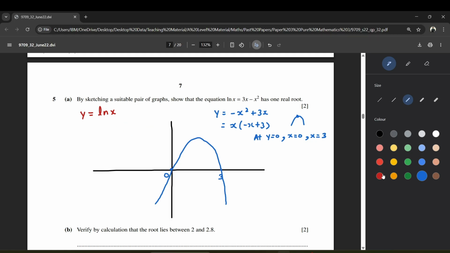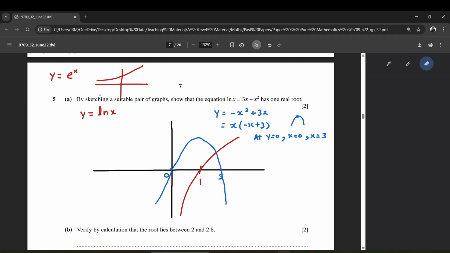Now y equals ln x, that is a standard graph. So you have to know how it looks like. Okay, y equals ln x goes something like this. It cuts the x-axis at 1, and y equals ln x is actually a reflection of y equals e to the power x in the line y equals x. So for example, if I were to draw this sketch, the graph of y equals e to the power x is something like this, right? Now if you reflect,